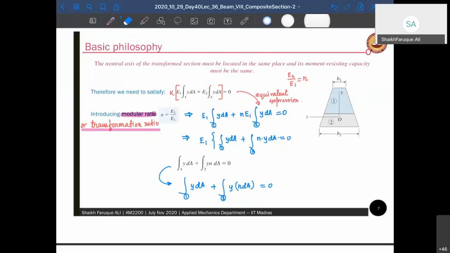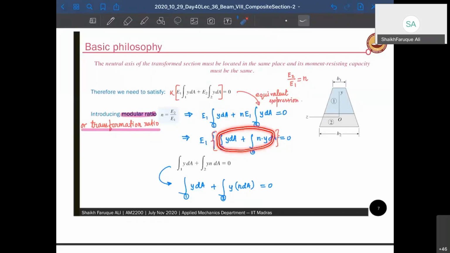Okay, why is it called modular ratio? Because it's a ratio of two moduli. That's why it's called modular ratio. Now I can take E out of the expression completely. If I take E out, I have this left in between: YdA plus NYdA equal to 0. Now you see, in this expression there is no material at all. It's a completely geometric expression,